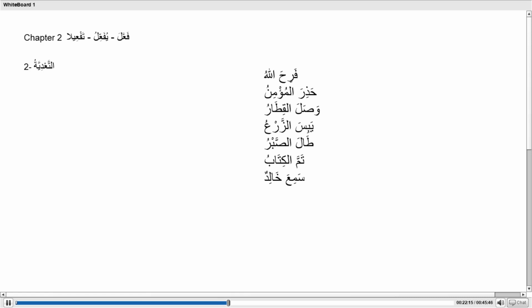Yani you can say yabisa, yaybasu, and you can also say yabisa, yaybisu. You can say it both ways. So this is one of the 33 verbs that are exceptional. واضح؟